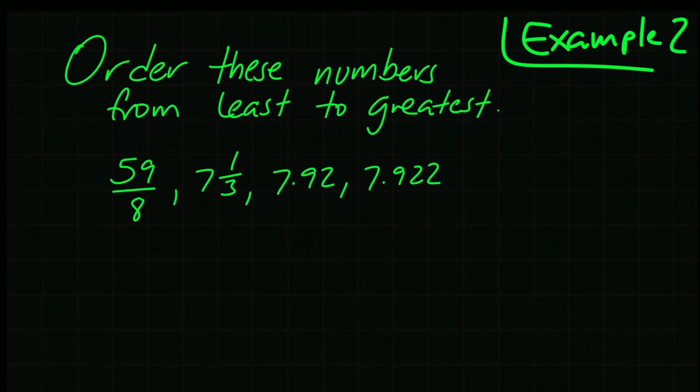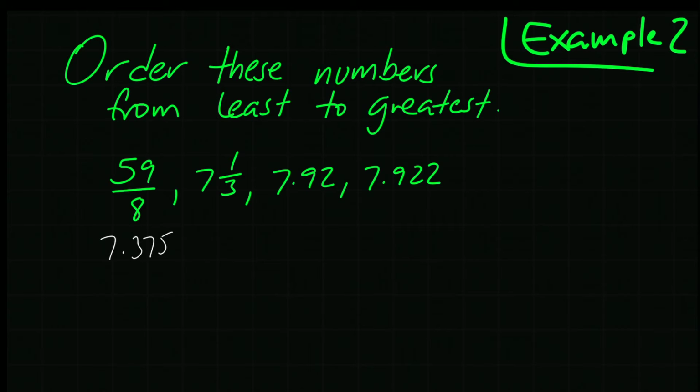All right, we're going to be ordering these numbers from least to greatest. We have the improper fraction 59 over 8. We have the mixed number 7 1/3. We have 7.92 and 7.922. The improper fraction is already set up so that I can throw it into my calculator. So when I do that, I get